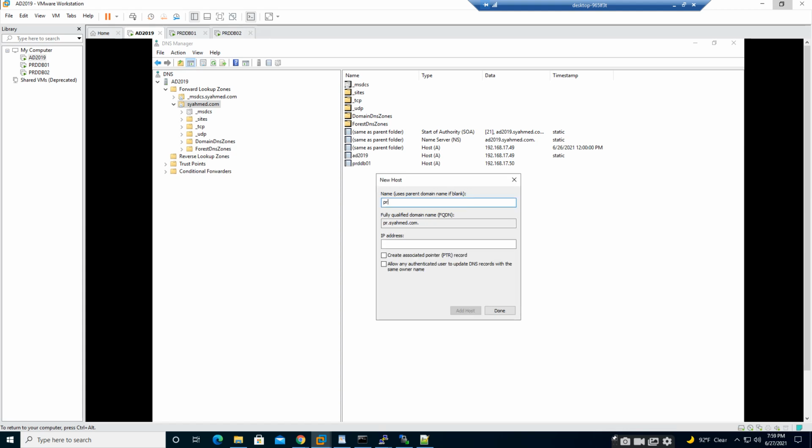In the same way, PRDDB02, 192.168.17.51, added.